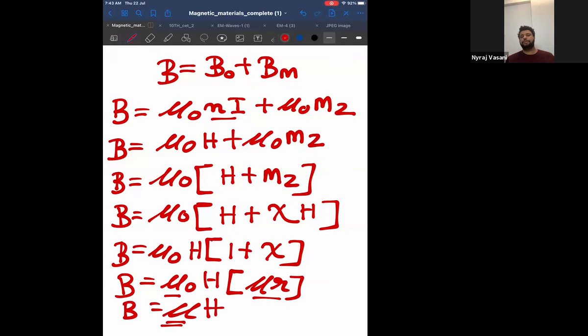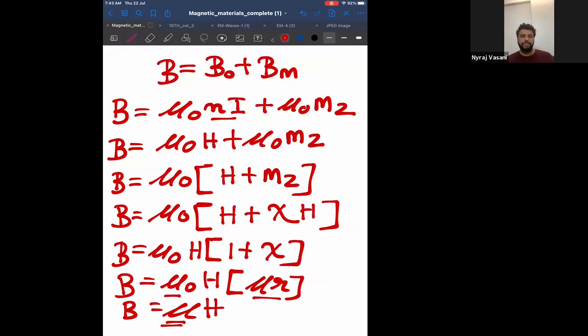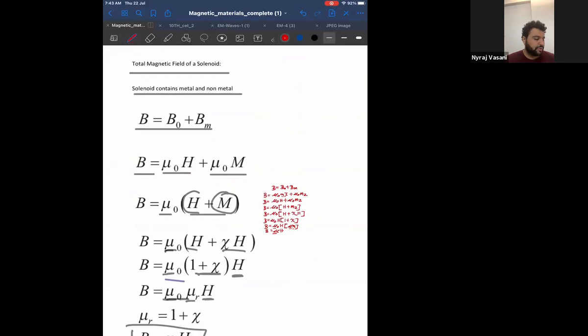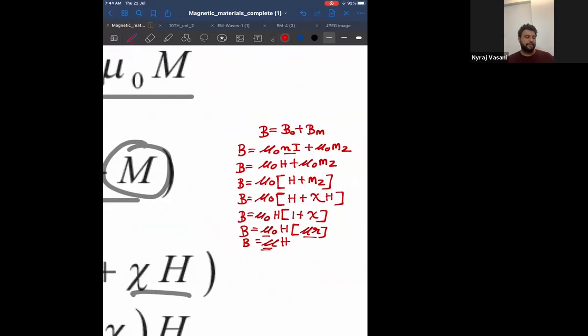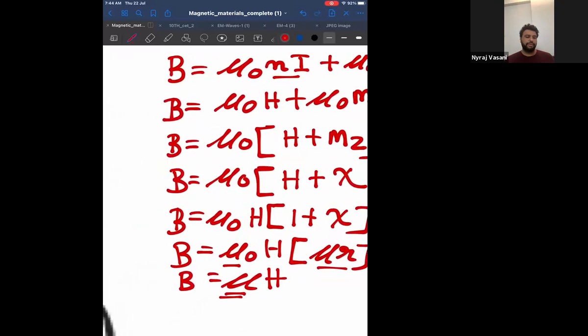Tell me, how many of you understood this derivation? Understood, sir. Now I want you to do this derivation without help. Just see on the screen step by step and try to get the same derivation on your own. Just write the heading before that. Heading is total magnetic field of a solenoid, or total magnetic field of any substance. When you're not sure what it contains, you can use this formula. So write on the side heading, total magnetic field of a solenoid. And after that, start with this. This will make use of most of the formulas that we have studied till now.